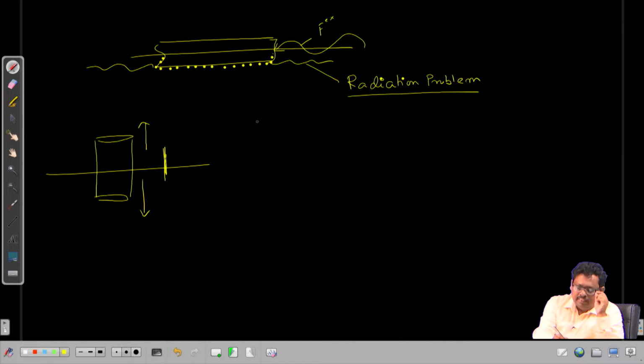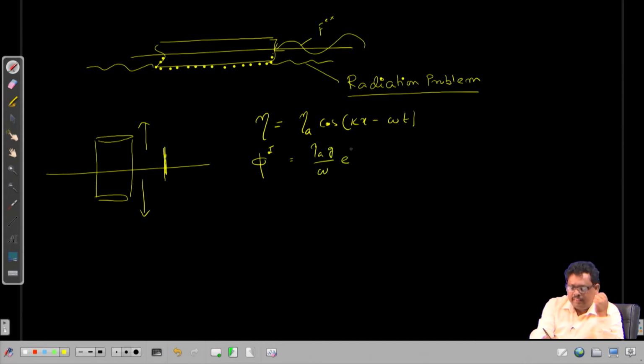Now, this is my input, that eta equals some amplitude eta a into cos, let us say in real line, cos k x minus omega t, if this is hitting, and then we know that phi I, the expression is eta a g by omega, then in case of deep water it is e to the power k z into sin k x minus omega t. So, this is known to me, right. So, I know the amplitude that is hitting this structure,